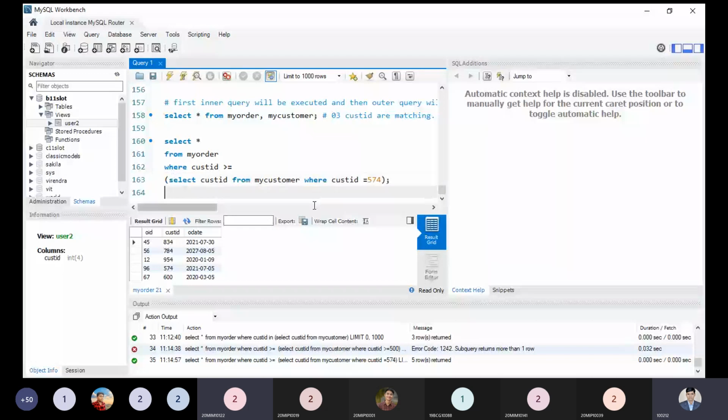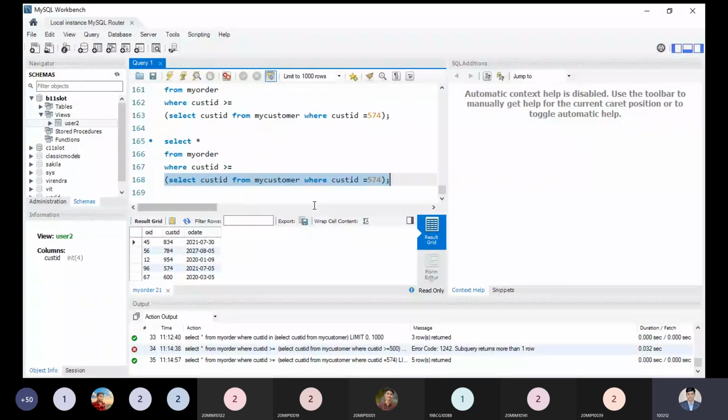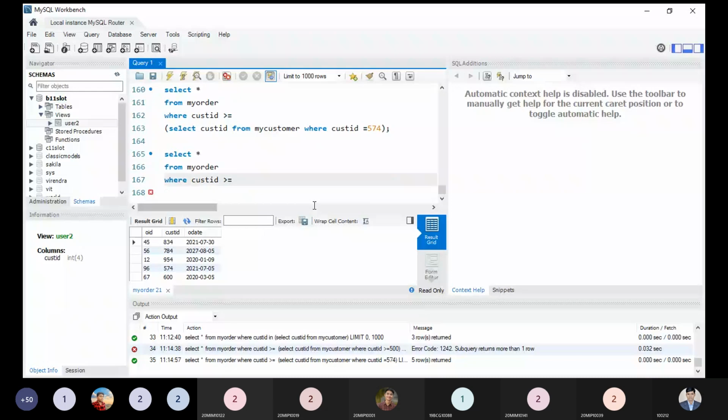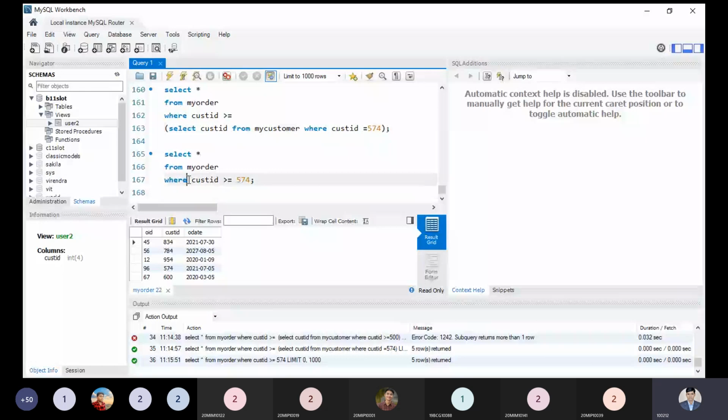Yeah, okay. So you can say this is just equal to our simple query. Instead of writing this one, this is only one way of writing the query. So I'm just explaining this is equal to the 570. This is the same query, but we are using this query by the subquery, and here we are using the direct value. That is the point. So this is only the way to write the subquery.